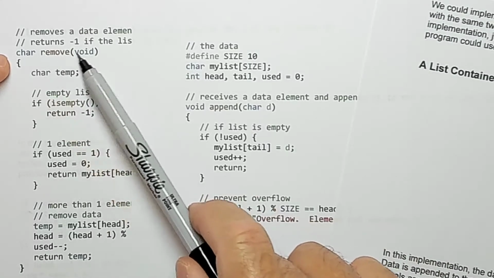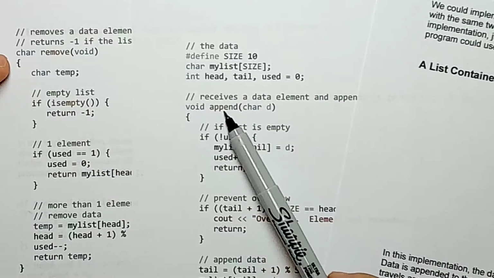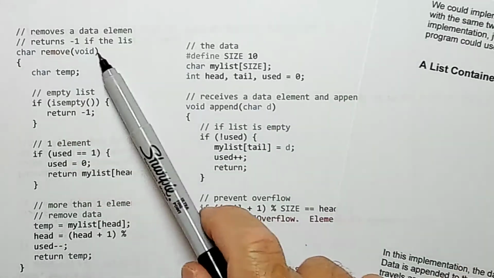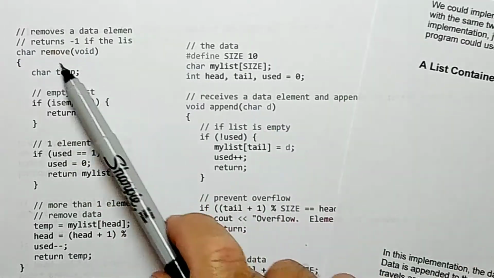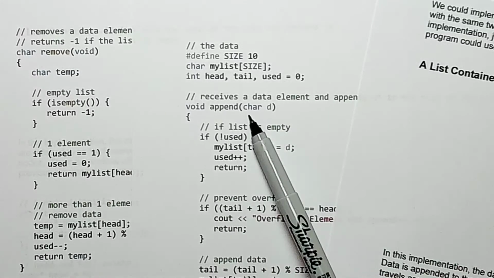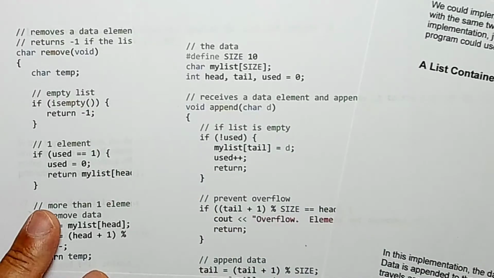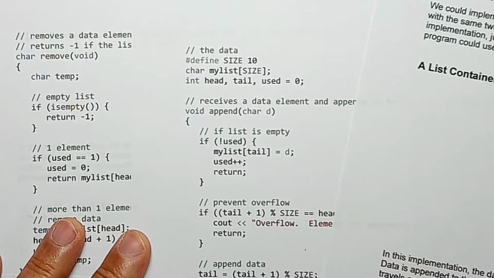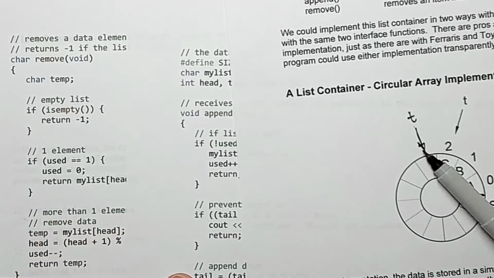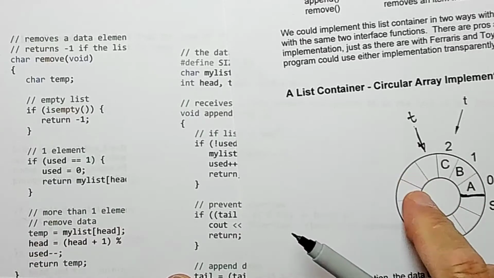So it's character remove void, and void append character D, the details of the interface, right? The interface consists of the remove function and the append function, and the data organization is this circular array. Okay, that's one implementation of this